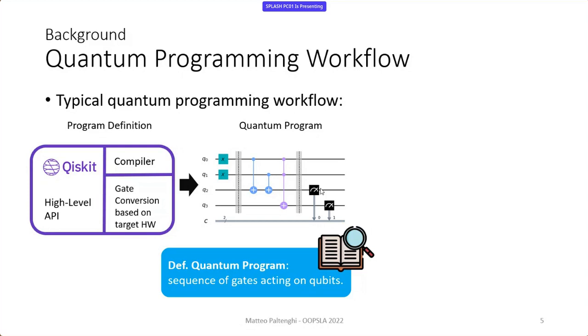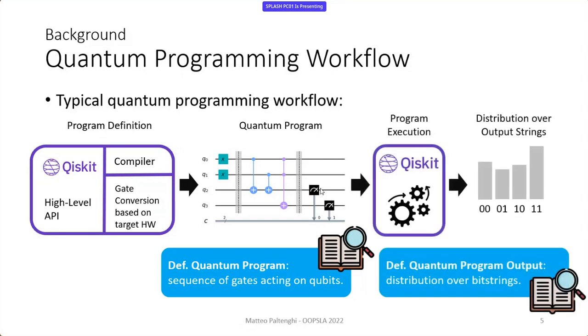Then one of the key distinguishing factors of quantum computing is the fact that it is probabilistic in nature, meaning that if we run this program multiple times, we might end up with different measurements at the end. And these different measurements are represented by a distribution of possible outcomes. So typically we run the program multiple times, and we come up with a frequency histogram like the following here. Let's just remember that the output of a quantum program is inherently probabilistic. Therefore, we need to deal with distributions. So it's not as easy as in classical programs. These are the basics which are needed for my talk.